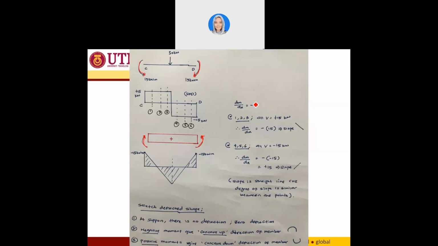So if I cut my shear force diagram here into 6 points as well, in order for you to imagine it, between points 1, 2, and 3, my shear force here is all positive 15, right? So if I get my dM/dx